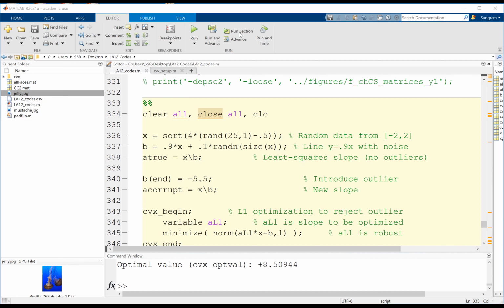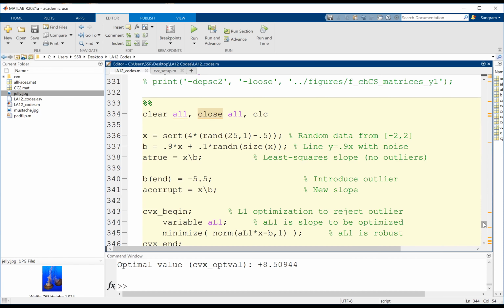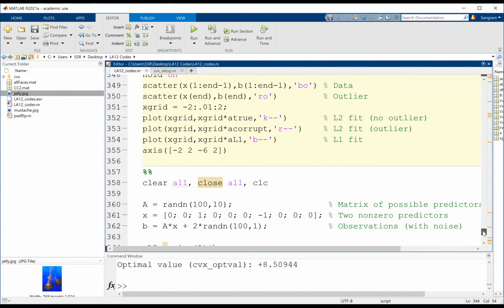But if I use the L1 norm, you can see that even though there is noise, even though there is variability, even though there are outliers, I can still get a reasonably good solution. That is why the L1 norm is preferred in machine learning approaches. So that is what is happening over here. This is just an example.